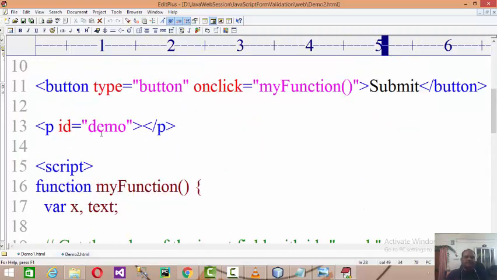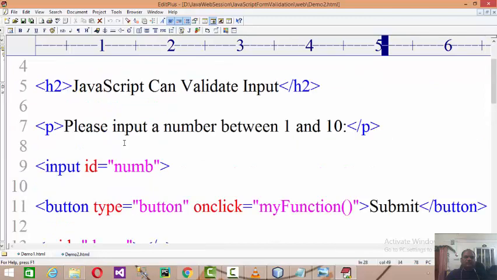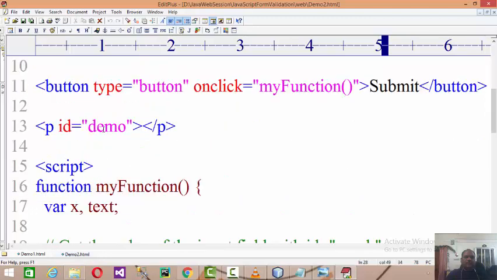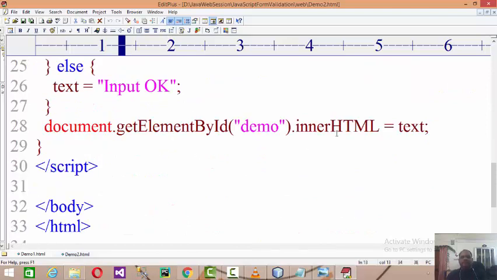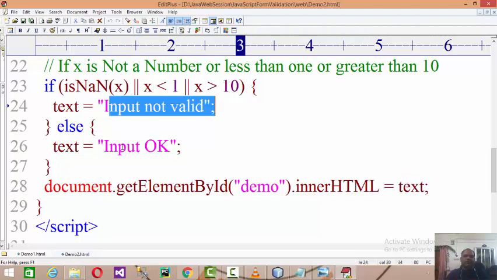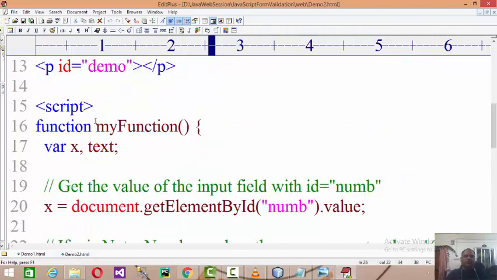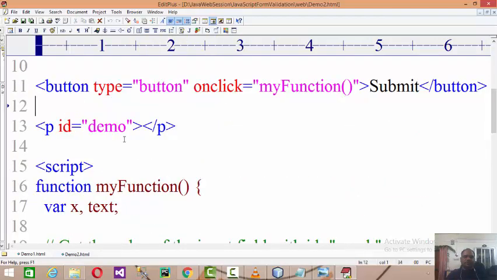So here the demo is a paragraph over there. So you'll get the output text, whether it's 'Input not valid' or 'Input OK', on that particular paragraph, right? So let's run this and understand it by running it.